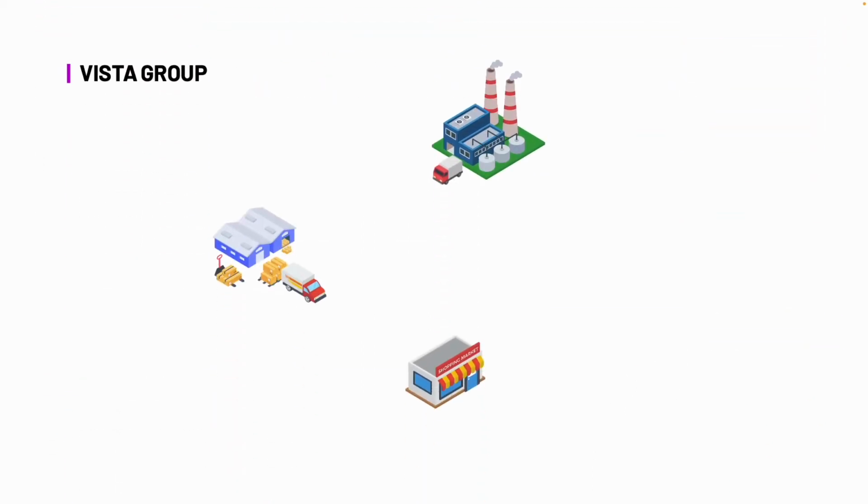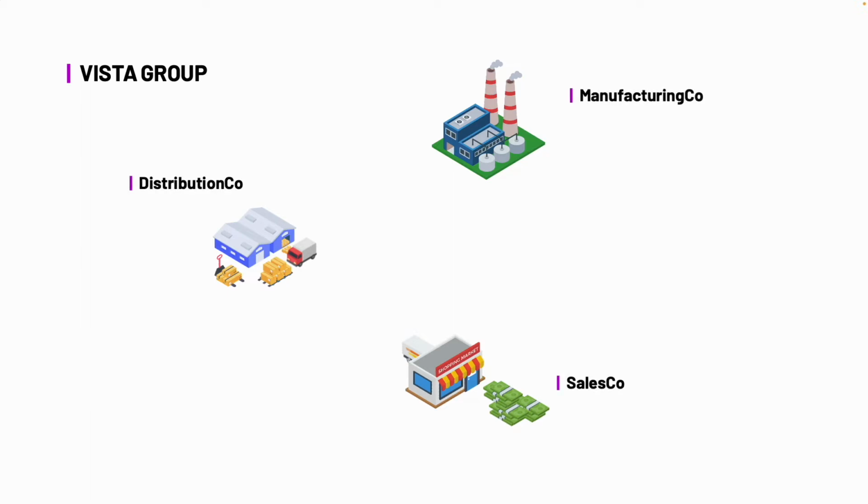Imagine the Vista Group, a multinational company that manufactures and distributes widgets. There are three key business processes: manufacturing, distribution, and sale to the final customer. Usually, modern business involves the registration of separate companies or entities that form a group of companies. It is often the case that these companies are located in different countries, and local authorities control the tax compliance